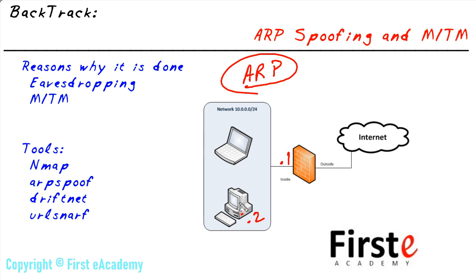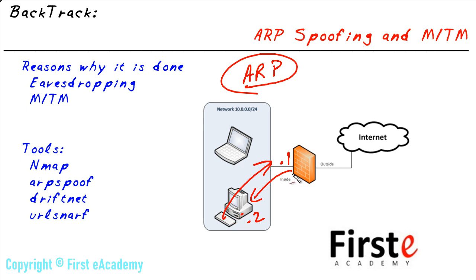Well, if this PC wants to forward traffic to its default gateway, which in this case is the firewall, it needs to know the Ethernet layer 2 address. And to find out, it uses ARP. It goes something like this. An ARP request goes out, says, hey, everybody, it's a broadcast. I'm looking for the person who owns 10.0.0.1. If that's you, please give me an ARP reply with your layer 2 address. And the firewall would respond,